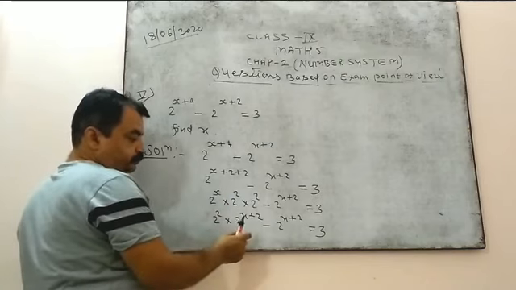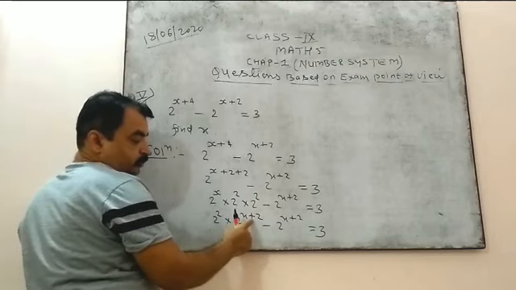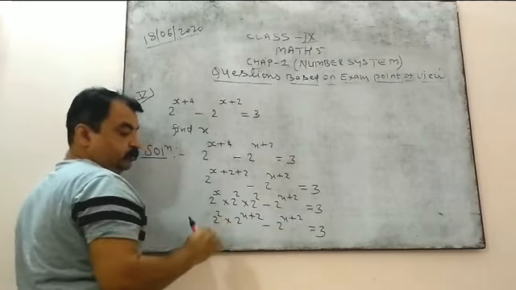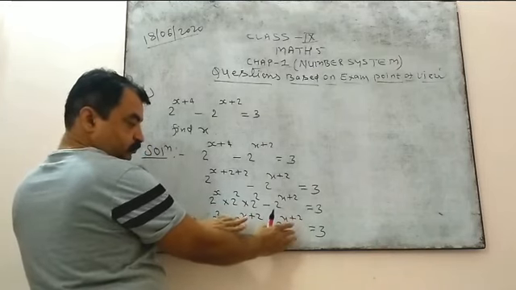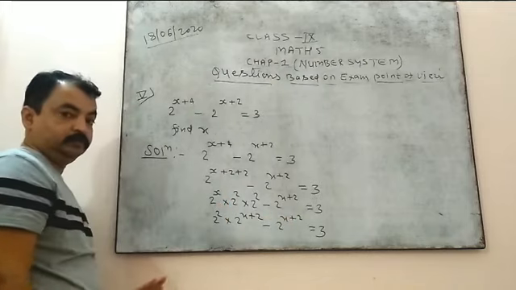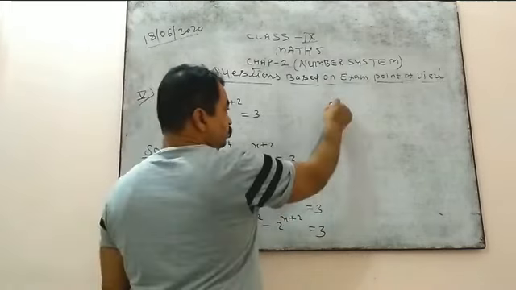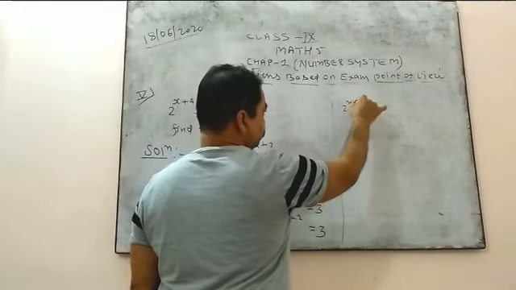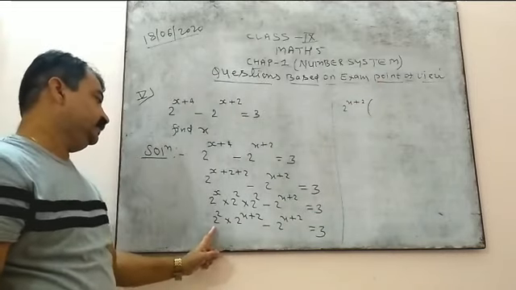Now see, on the LHS side, 2 raised to the power x plus 2 and 2 raised to the power x plus 2, this part you can take common, because there are two terms, first term, second term. In both the terms, 2 raised to the power x plus 2 becomes common. That's why I have converted it in that form. So now I'll take 2 raised to the power x plus 2 common. Okay? So what do we get inside the bracket?